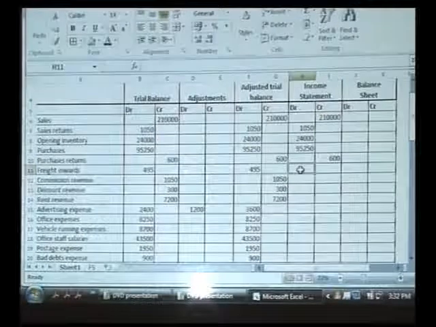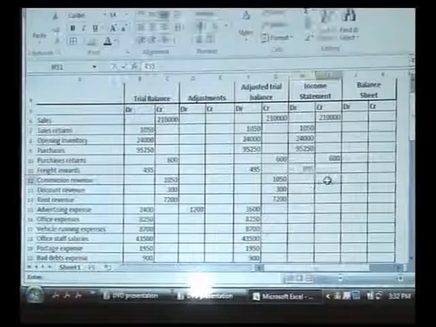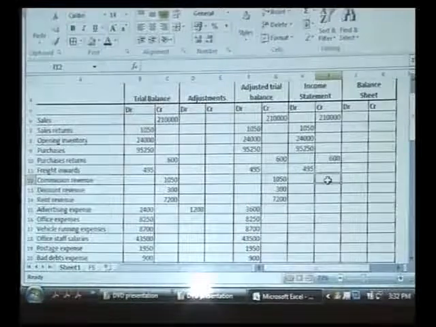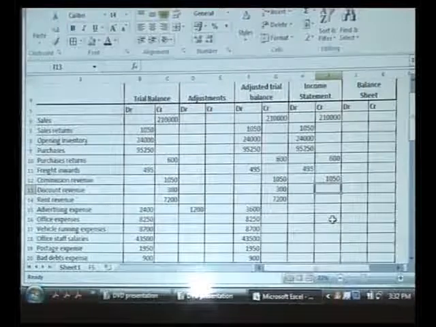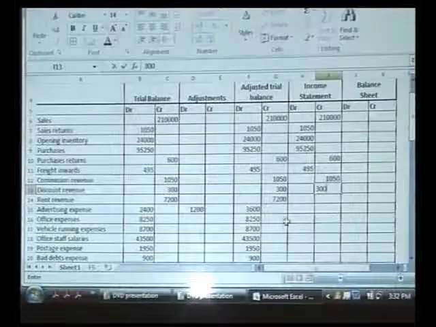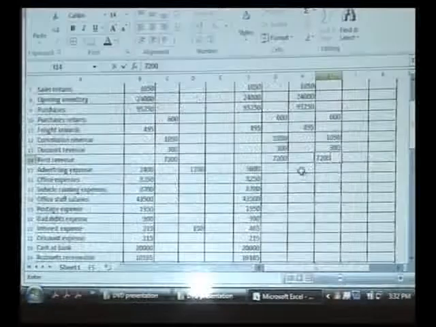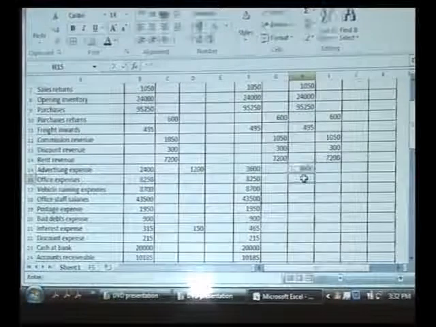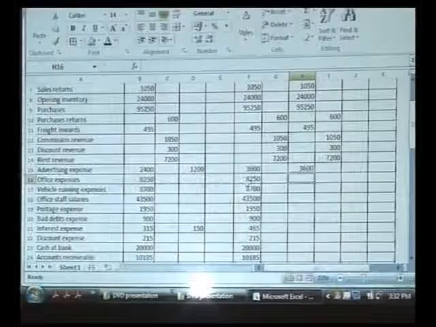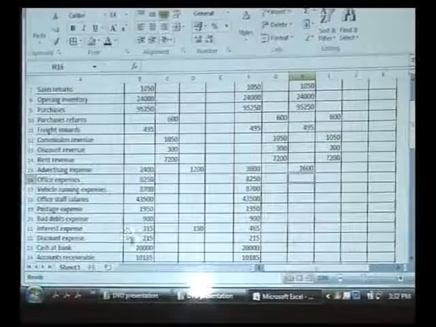Freight inwards, income statement debit. Then commission revenue, income statement credit. Discount revenue, income statement credit. Rent revenue, income statement credit. Advertising expense, income statement debit. Then all these items, office expense, vehicle, postage, bad debts expense, interest, discount expense, up to this,